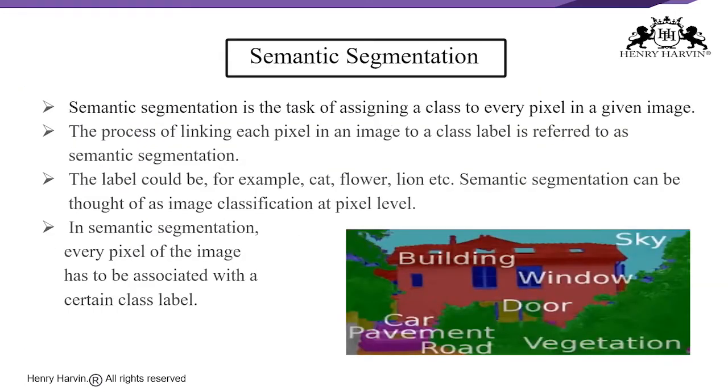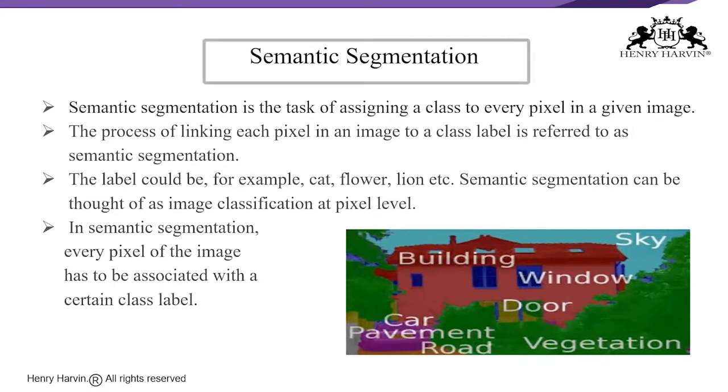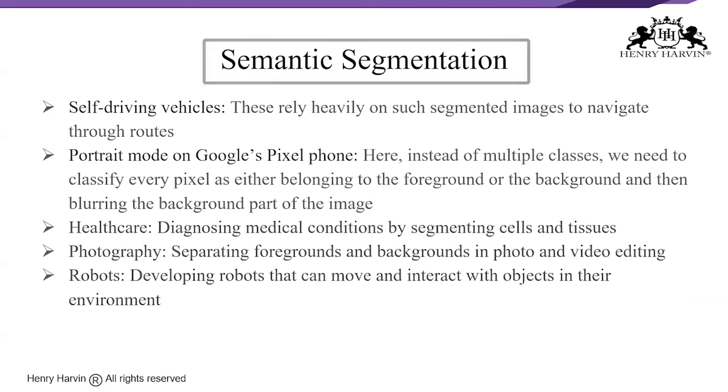One important thing we have to notice here is that we are not separating instances of the same class. We only care about the category of each pixel. Say, for example, if you have two objects of the same category in your input image, the segmentation map does not inherently distinguish these as separate objects, right? That is a different class of model known as the instance segmentation model, which distinguishes between separate objects of the same class, right?